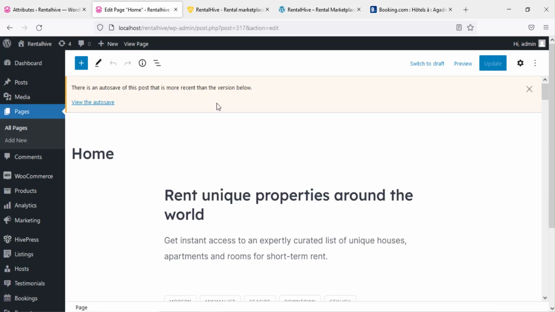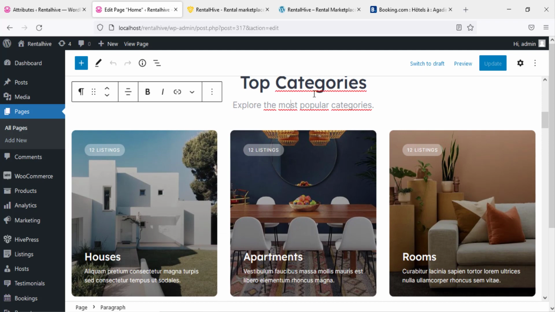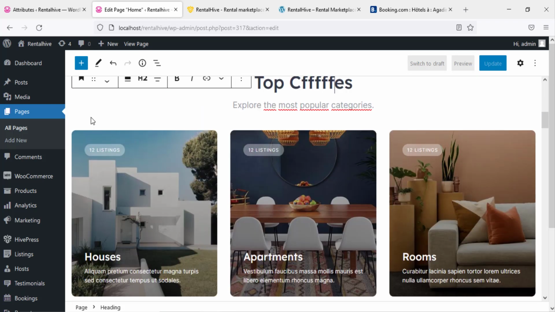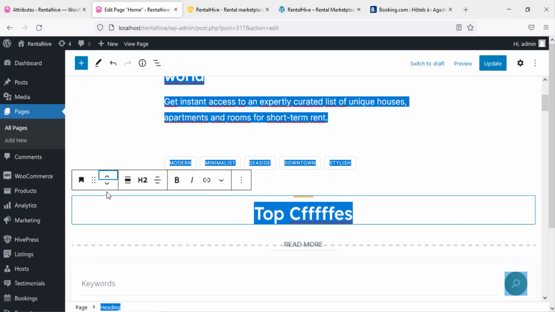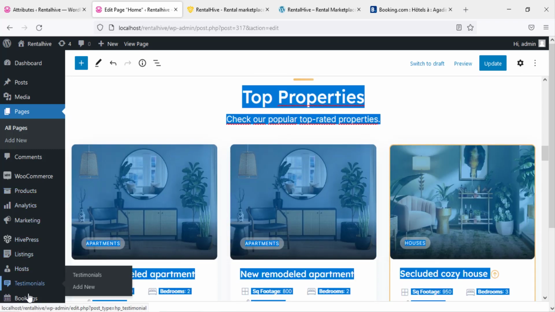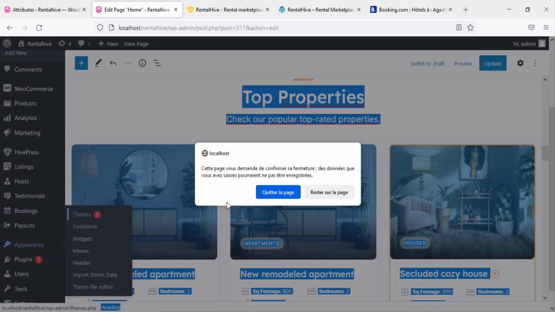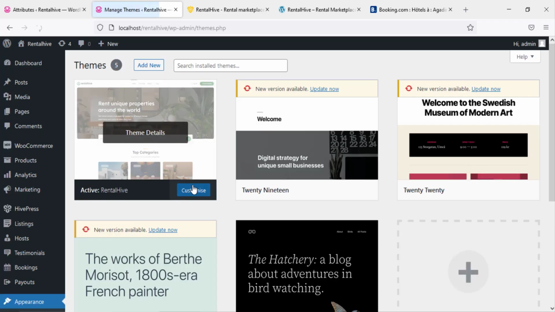If I click, for example, on pages, home, you see that I can change the text quickly. I can change anything I need. I can change the position here. So it's very easy to change anything you want. Also, you can change the color, change the logo, change anything, and you don't need to write a single line of code. That's why I chose this template,